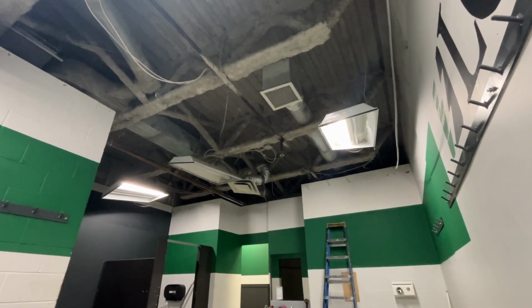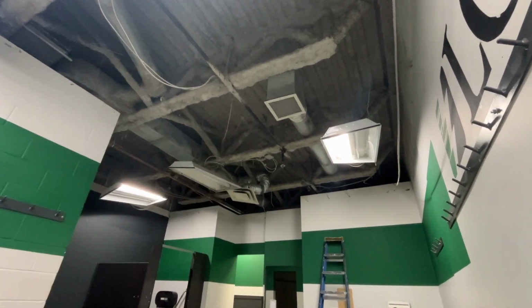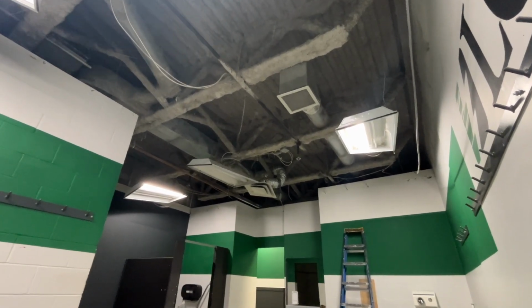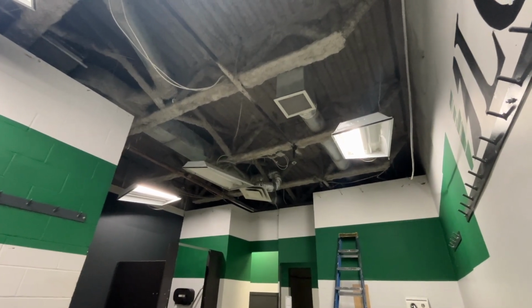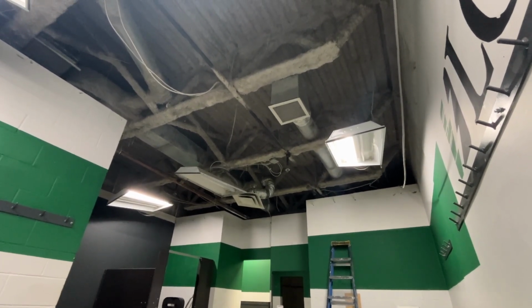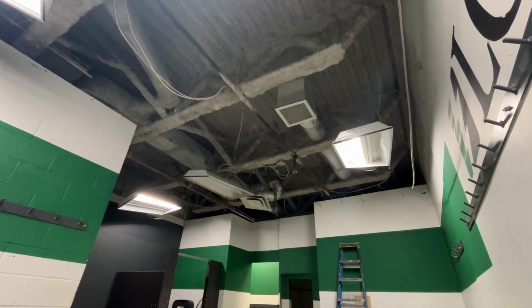In order to do that, I don't know if the sprinkler guys will just want to turn the existing heads around and point them upward, or if they will want to actually run new supply lines in this area here to accommodate the new heads. I don't know that. So until I know that, I do not want to build my pony wall on top of the cinder block that has the sprinkler lines running through it, because what I build might interfere with what they need to do. So it may be better to let them do their work first before I build the pony wall. So what I can do at this point is extend the drywall on these areas that are already